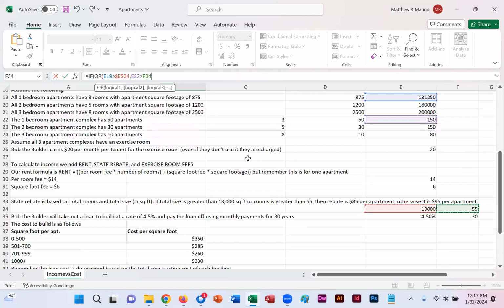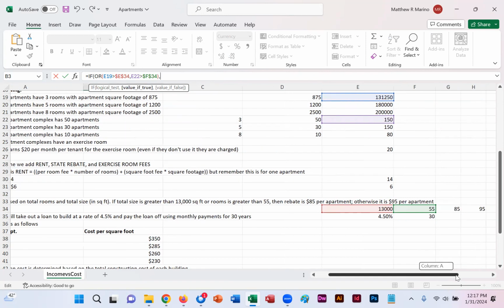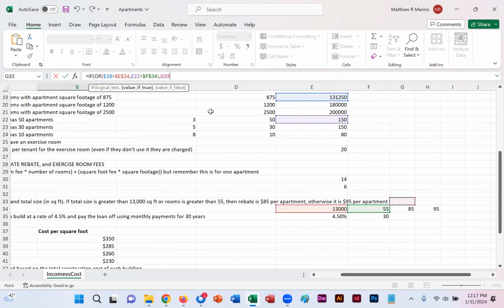Both say greater than, but that does not change either. So that becomes an absolute. Close parenthesis, and that closes our or, comma. If it's true, then it's our $85. That does not change, so that is also an absolute, comma. If it's false,